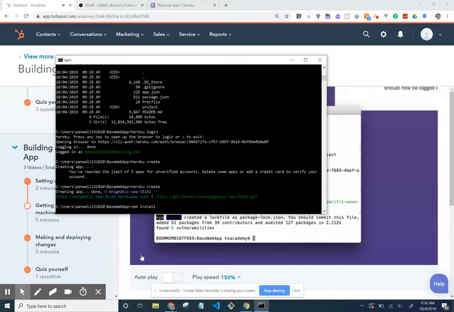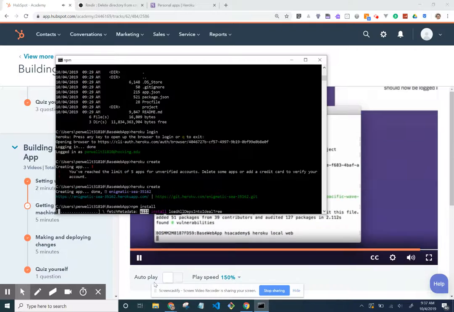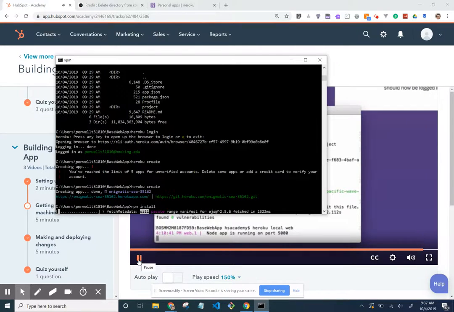You need to create a local server, or a server on your computer that runs the code. This way, you can make sure your code works and make changes in a safe environment before deploying those changes to your live website for the world to see. To do this, run Heroku local web. You should get a message that your app is running on port 5000. Open a browser and navigate to